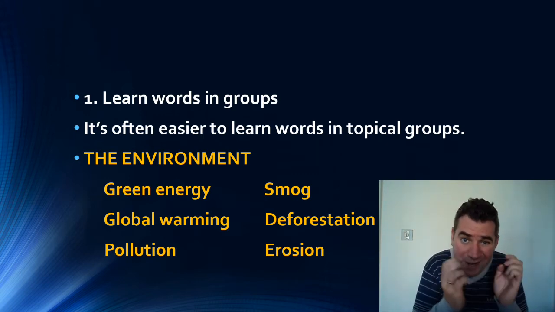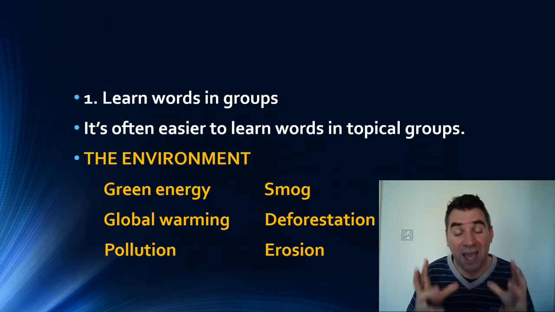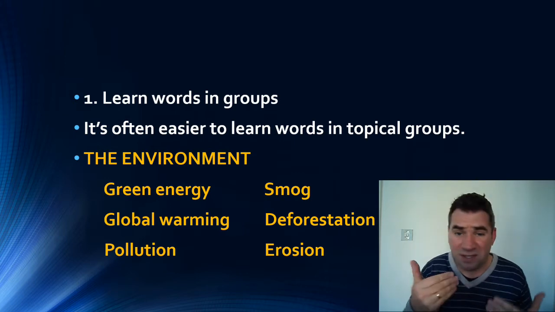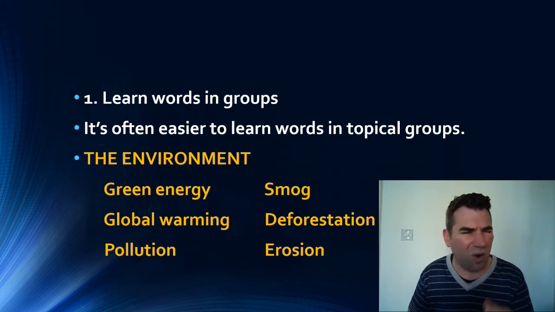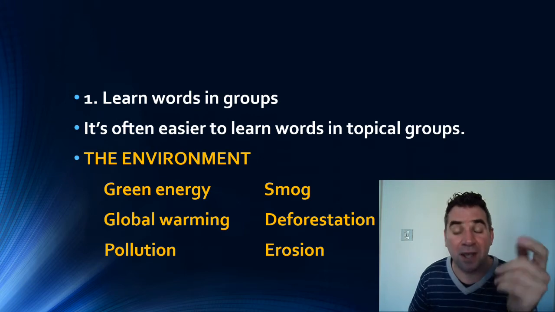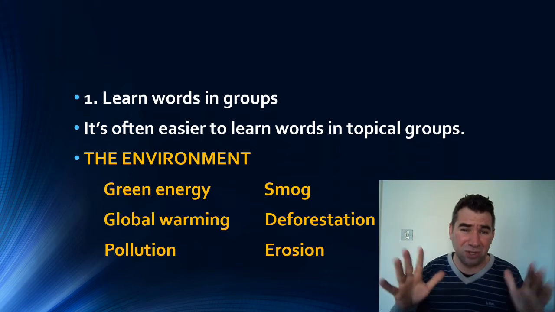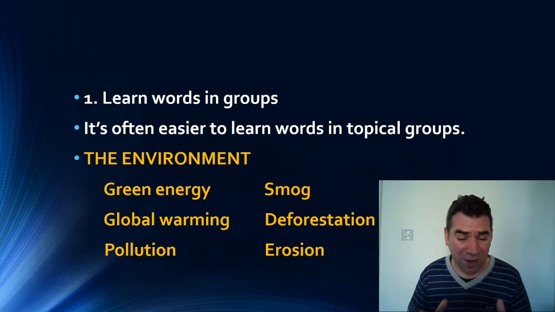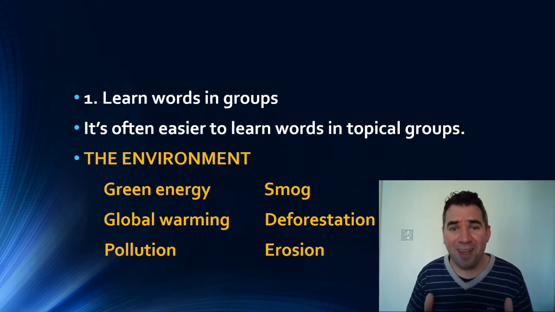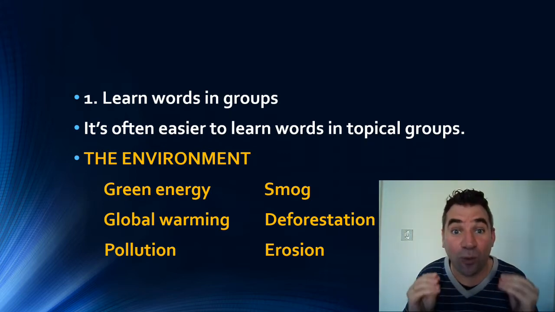So when your brain saves this information, it all goes into the same place. And also you'll find when you see these words in a test, you'll go, oh, deforestation. Yeah, I remember that. It was something to do with the environment, wasn't it? Because this is how our brains remember things. I'm not going to go into too much detail. Number one, I can't, and number two, I don't want to. Alright, so anyway, this works.